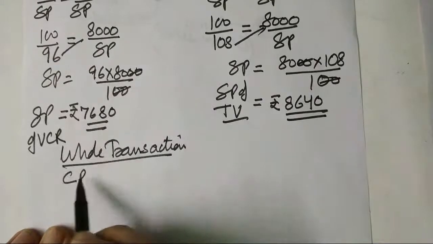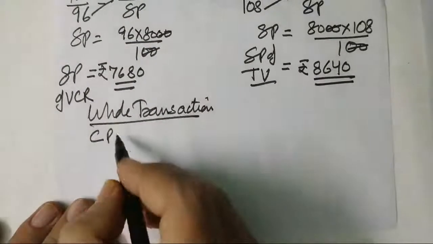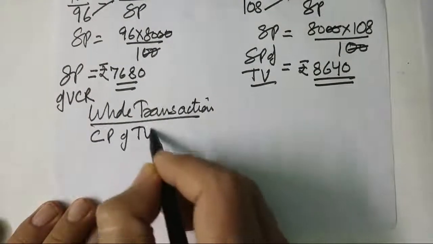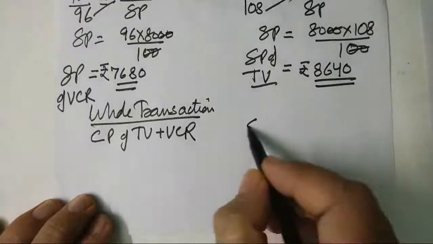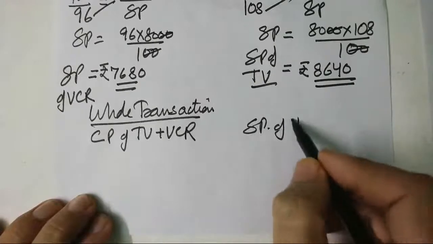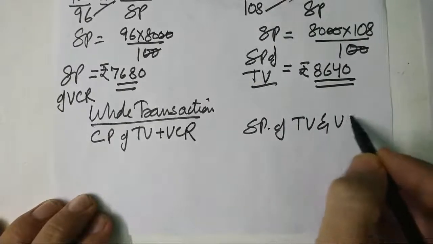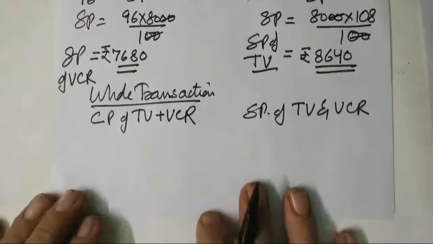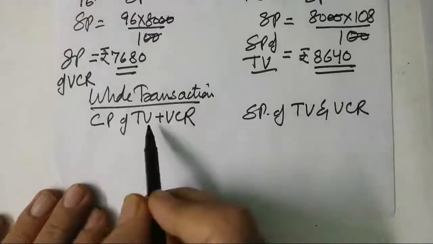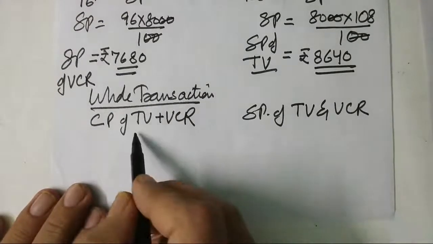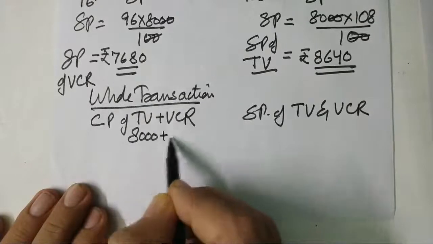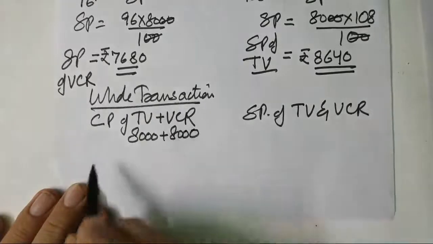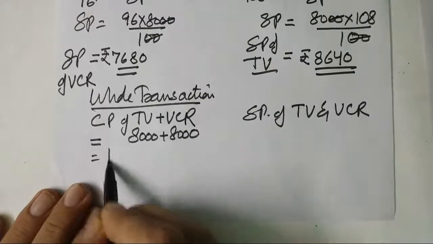So we will find the cost price of TV and VCR, then we will find the selling price of TV and VCR. The CP of TV and VCR is 8000 plus 8000, because both were 8000,